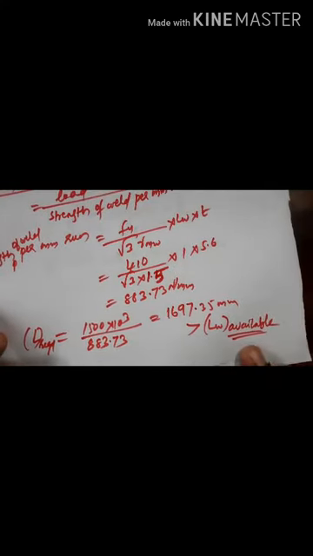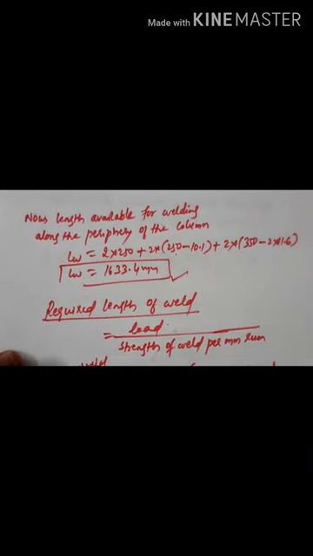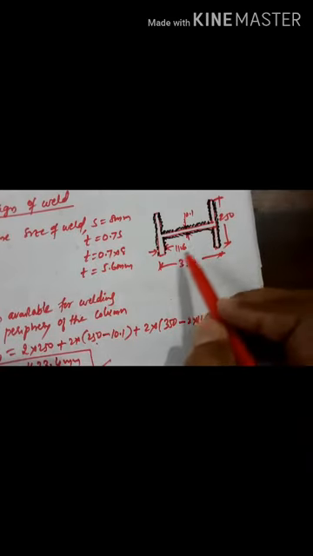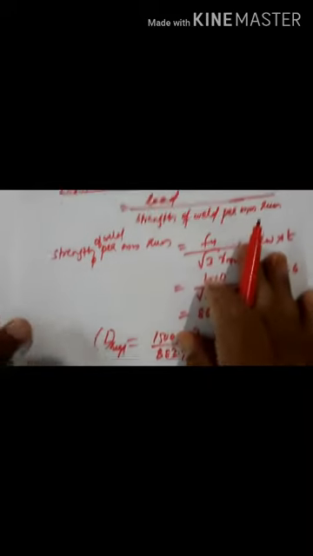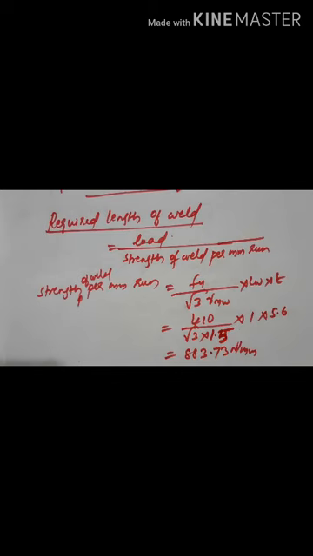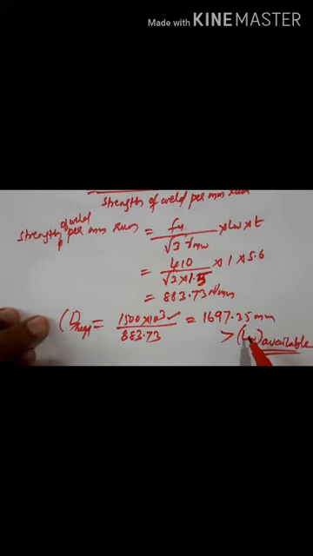Okay. So the available length of the weld, if you do the welding all around the section, is only this much for us. But for the load that is coming on the column, the length required will be 1697, which is greater than the available length. So now we have to revise the size of